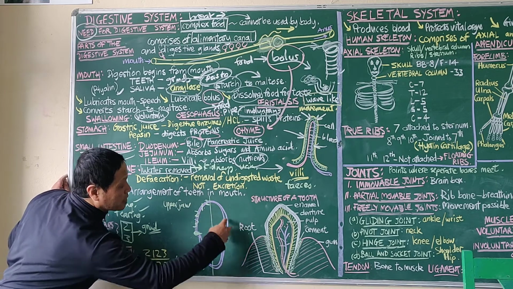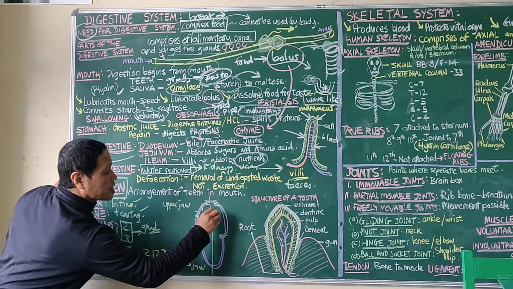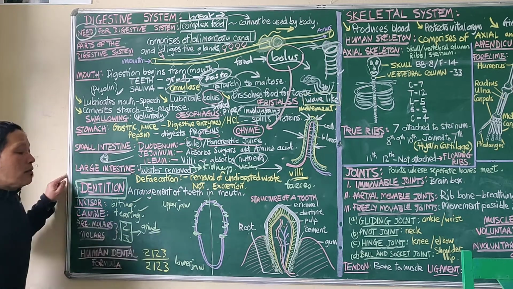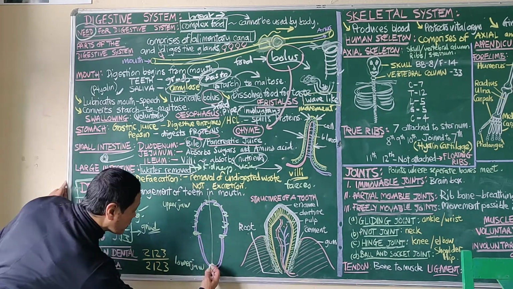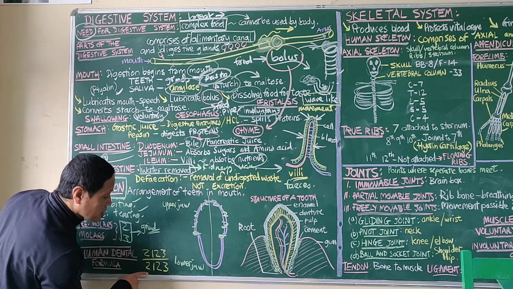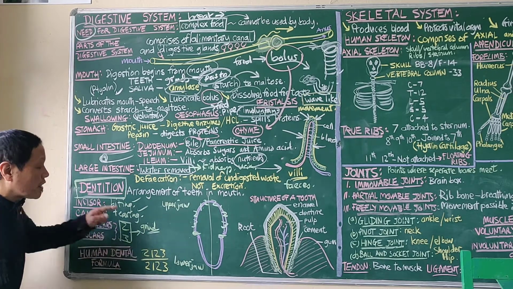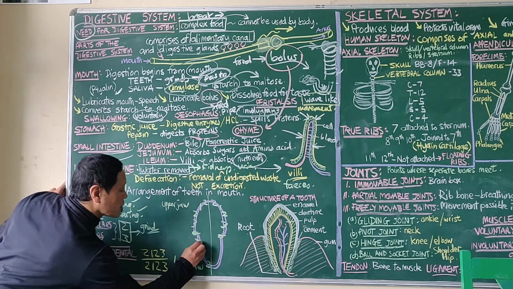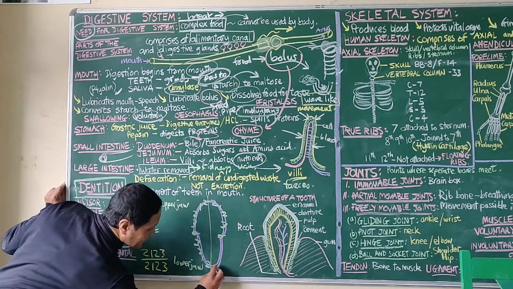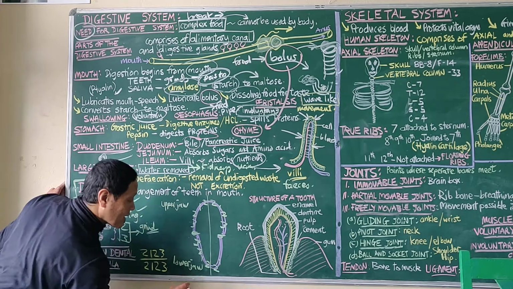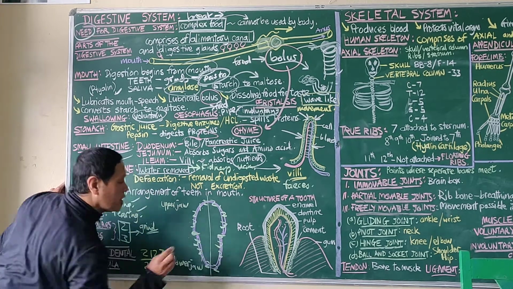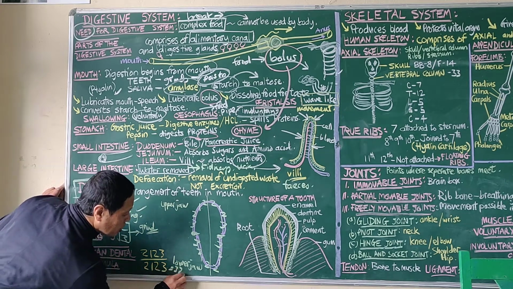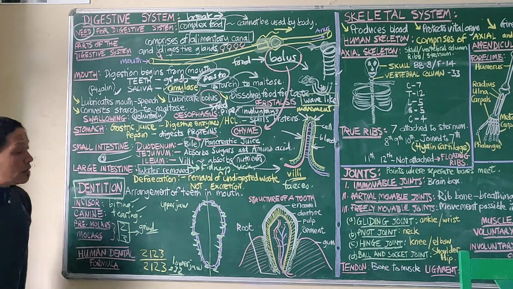We have the same amount of teeth on the other side. 2 incisors, 1 canine, 2 premolars, and 3 molars. Same thing on the bottom. This formula says it has the same kind of arrangement at the bottom. So 2 incisors, 1 canine, 2 premolars, and 3 molars. Again, on the other side, 2 incisors, 1 canine, 2 premolars, and 3 molars. Altogether, we have 32. We're supposed to have 32 teeth.